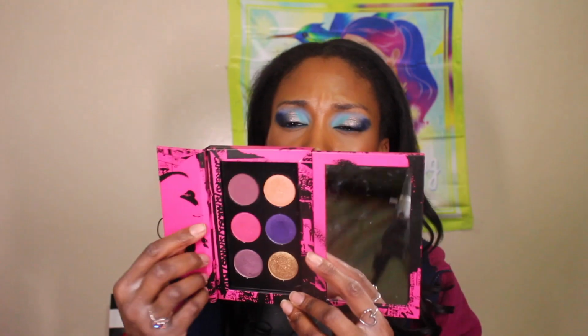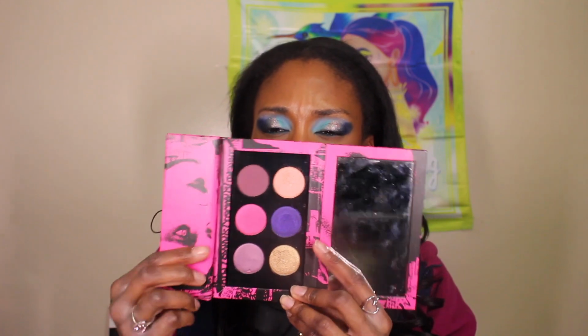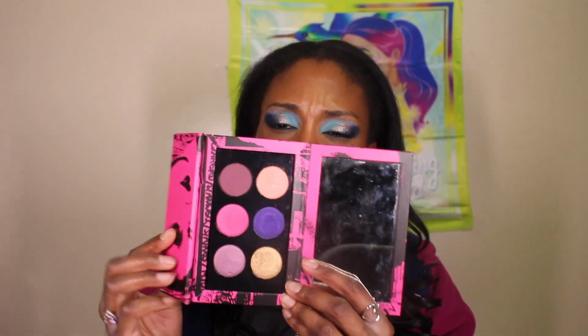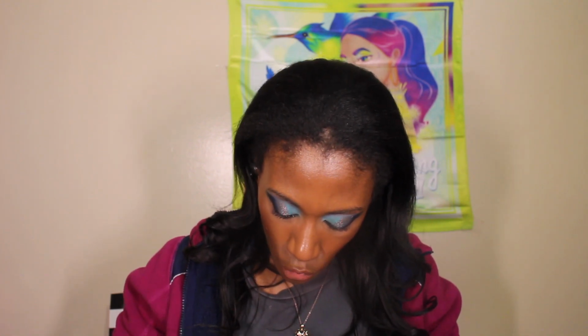I feel like it's still giving Valentine's Day vibes, because you could have a nice grungy or smoky Valentine's Day eye by putting this and some of these tones together, and then you get the traditional pinks and golds for both inner corners. So that's why I went ahead and picked this palette, because to me it gives somewhat traditional vibes, a traditional Pat McGrath Valentine's Day palette, if you will,